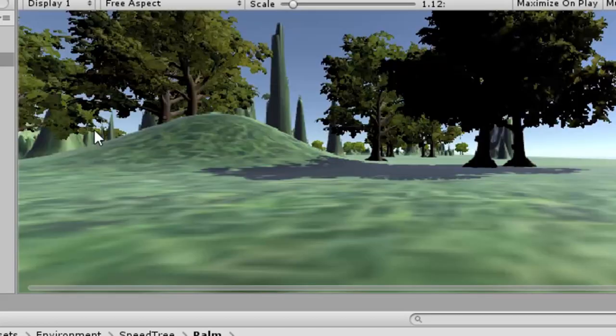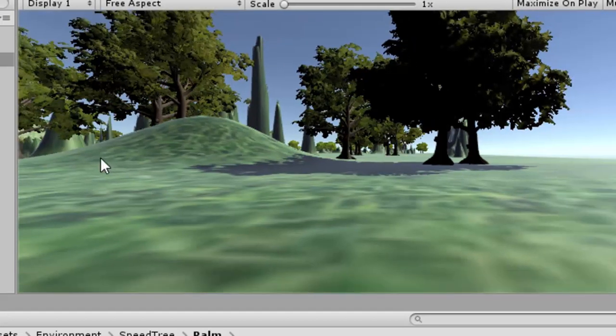Now we can see how beautifully it looks, and we will see it in game mode. Right now we don't have the option to navigate in this terrain. We will see in the next videos how we can navigate this terrain.